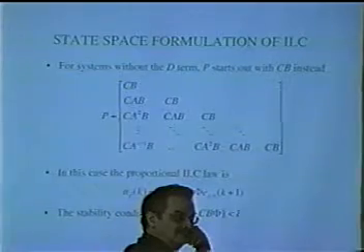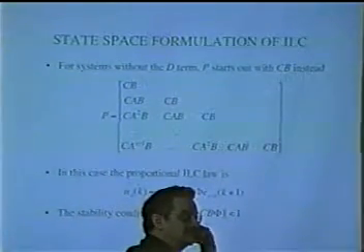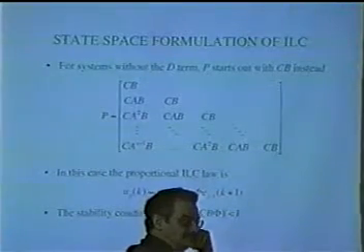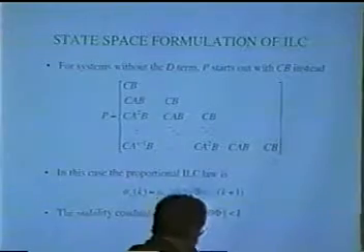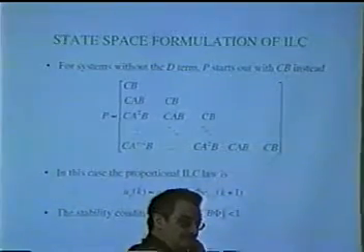Yeah, this is a discrete system. U0 affects the state at 1, UK affects the state at K plus 1, right? You see, so you have no way to control the state at time 0, because this is a discrete time system. So in this case, let's understand the feasibility condition is